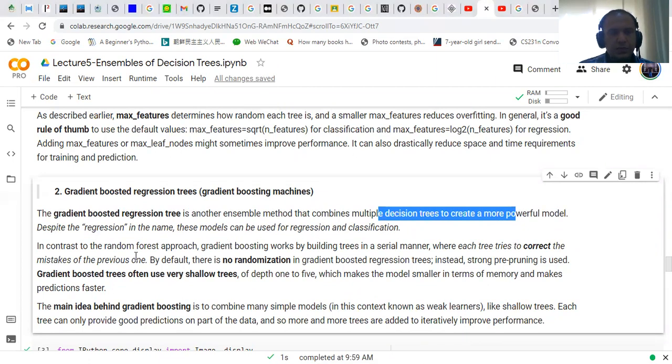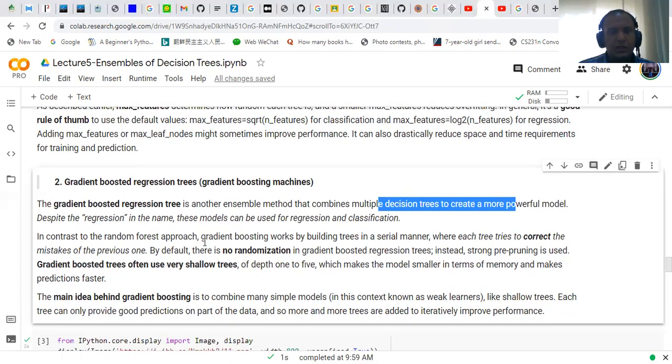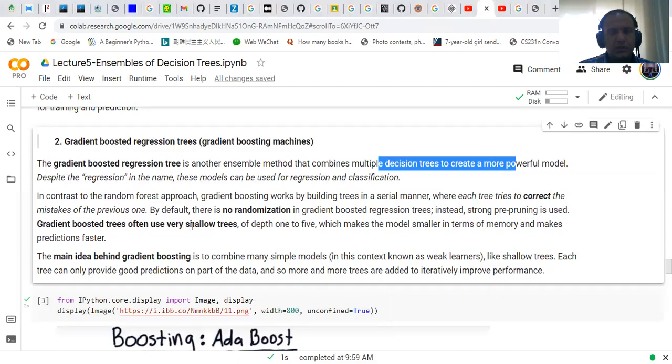In contrast to the random forest approach, gradient boosting works by building the trees in a serial manner, where each tree tries to correct the mistakes of the previous trees. By default, there is no randomization. In gradient boosted regression trees, strong pruning is used. Gradient boosted trees are often very shallow, with a depth of maybe up to 5,